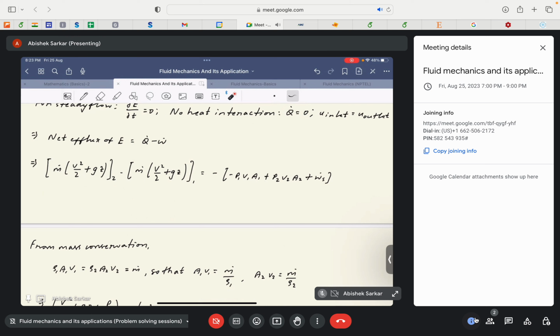Okay, and that would be equal to, since there is no heat interaction, we have Q dot equal to 0 and minus W dot. Since W dot is the work done by the system, its sign convention within this bracket does not change, but this negative sign comes from the general form of the first conservation equation, the first law of thermodynamics that we usually follow. So for that,